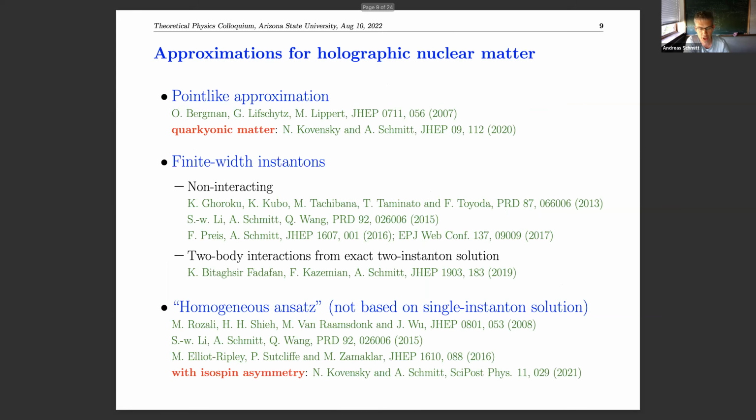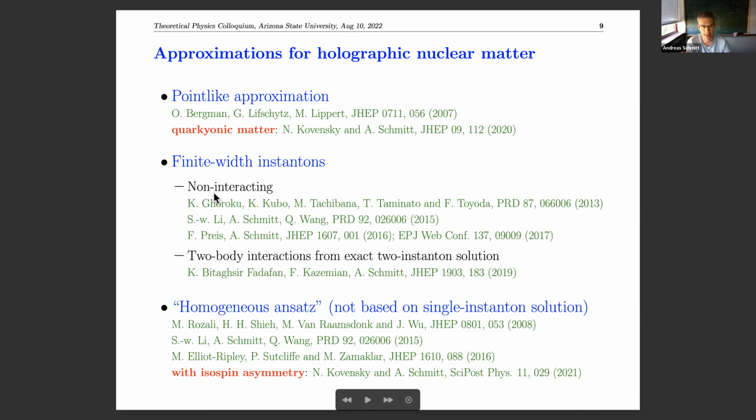That's a bit of a history slide of what people have done. One thing you can do is pretend these instantons have zero width. They are delta peaks. That makes life much easier. You can write down expressions for baryonic matter where the baryons are point-like. I will use that approximation in the talk on the next slide or so, when I tell you how we construct quarkyonic matter very briefly. Then there are works which really make use of the finite-width instanton, starting from the flat space solution and somehow extending or extrapolating this to curved space.